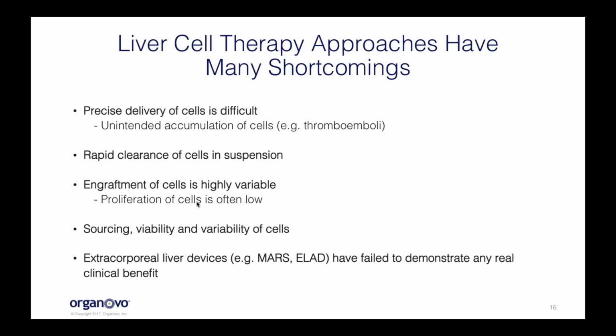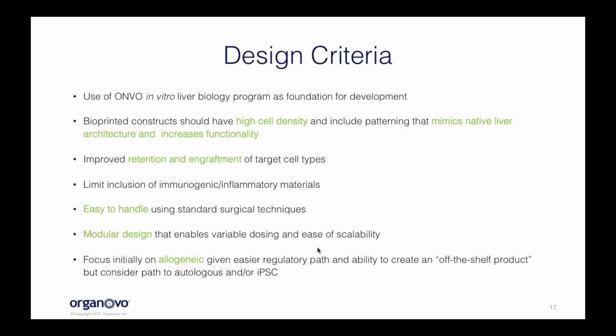And so people have tried some extracorporeal device systems, but those have really failed to demonstrate clinical benefit and efficacy in recent trials. It seems that perhaps that's due to the sourcing and the viability, perhaps the variability, of the cell material that is used in those systems, but may also just reflect the fact that it's an extracorporeal device, and you're not really administering the cells to the site where they're most needed, and where they would naturally occur. And so, taking all of those things into account,